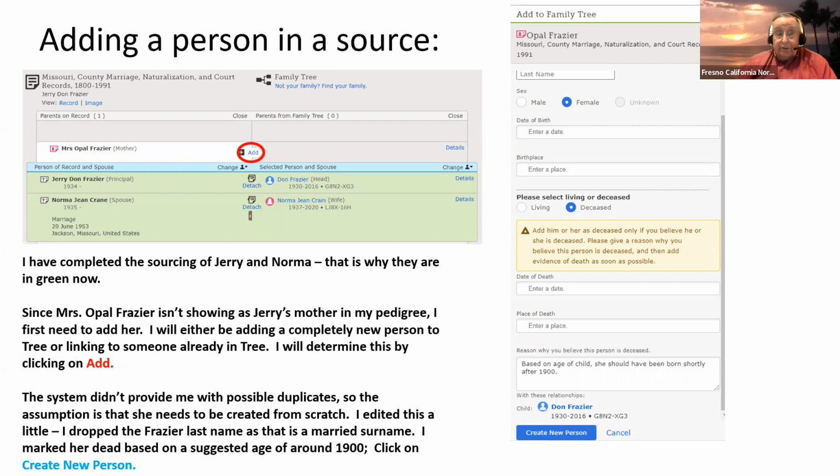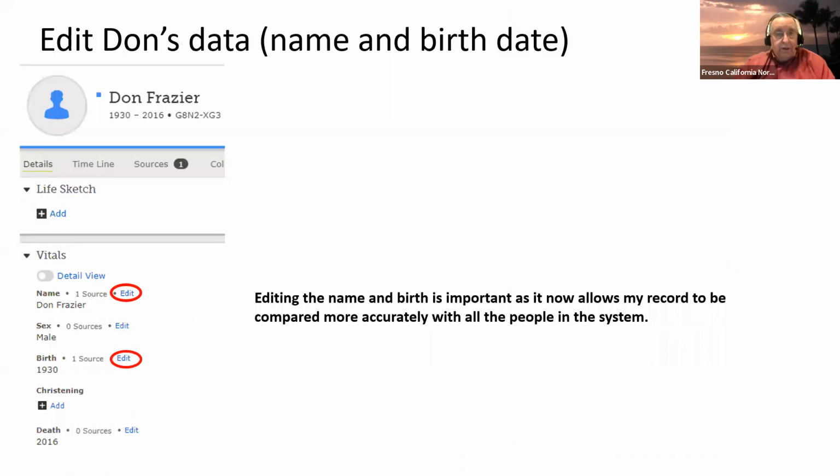but surely more than 110 years ago. So I marked her as deceased and said, based on the age of the child, she should have been born shortly after 1900, somewhere around there. And then create new person. If they had found a duplicate instead of this, I would have gotten some little cards to fill in, and we'll see those later. Okay, so after I finish sourcing that document, I need to go back here and fix